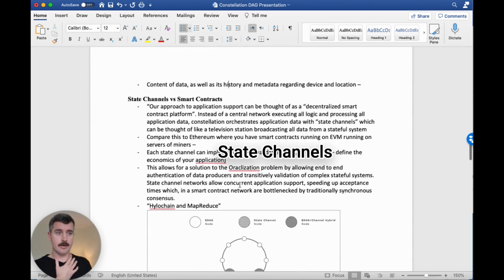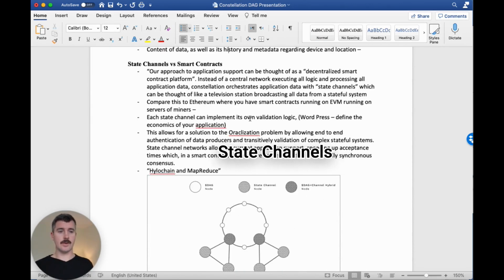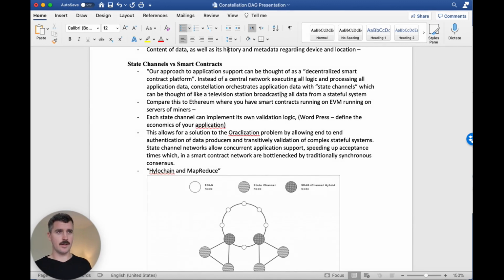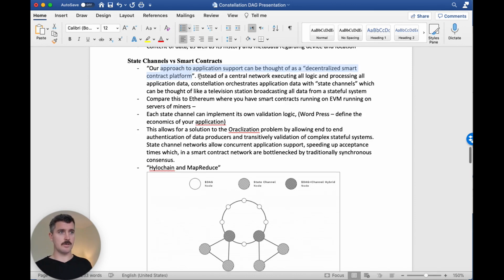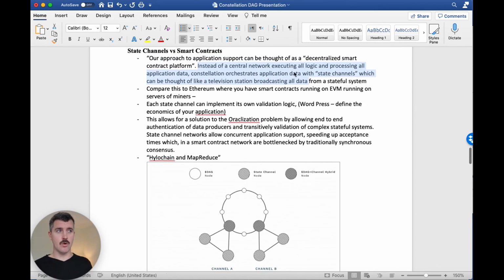Now let's talk a bit about state channels. And this is Constellation DAG's answer to smart contracts. You could describe state channels as smart contracts on steroids. And in the light paper, the team say our approach to application support can be thought of as a decentralized smart contract platform. Instead of a central network executing all logic and processing, Constellation orchestrates application data with state channels, which